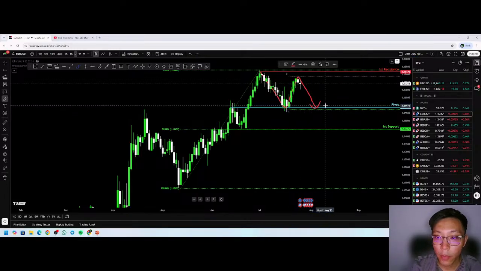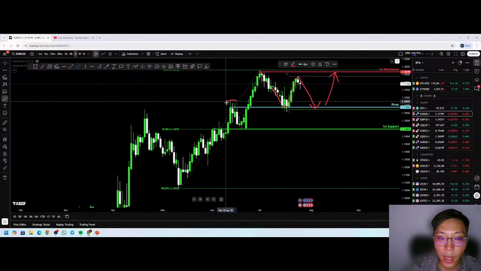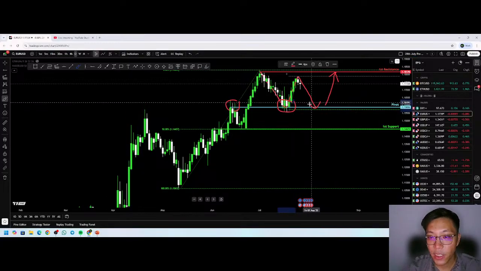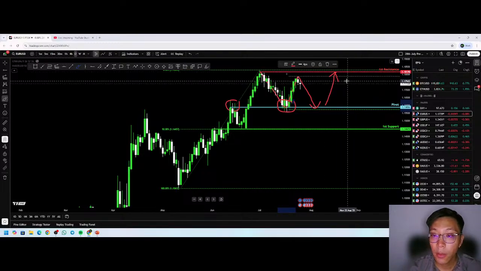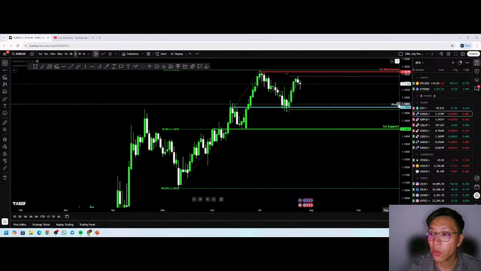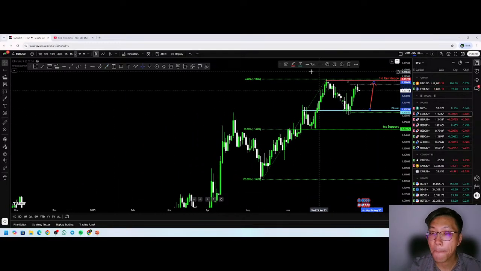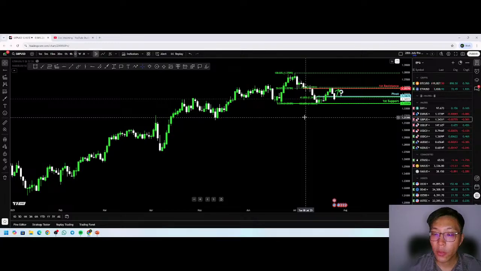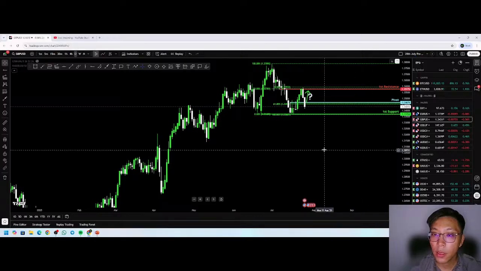it will have a bounce upwards towards this first resistance area. Why? It's because we have multiple touches right here, so this could be a strong support level for price to rise towards the first resistance area over here. I think euro dollar is pretty straightforward as well, so let me just mark this out. Bullish. As for GBP USD, let me take a look at GBP USD.